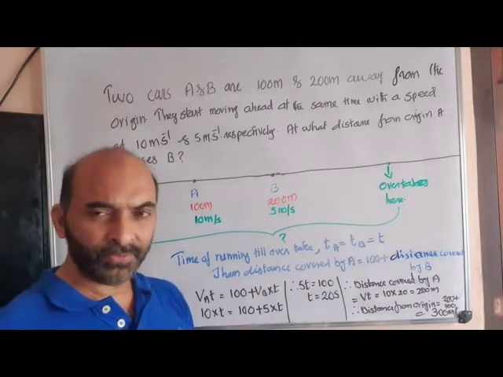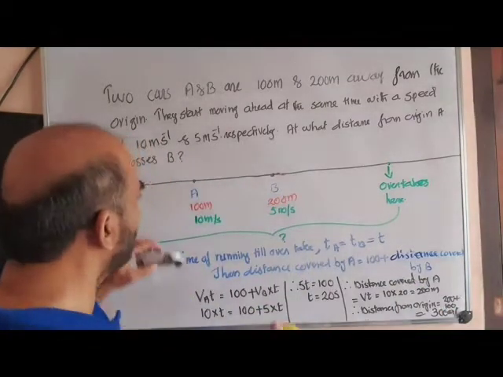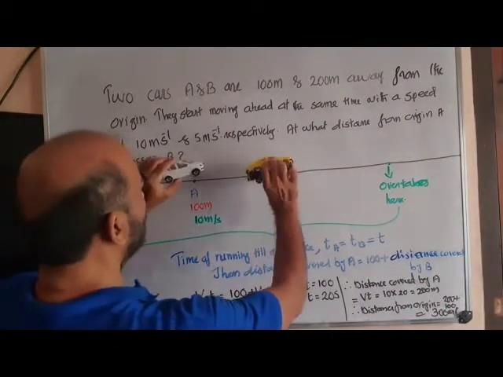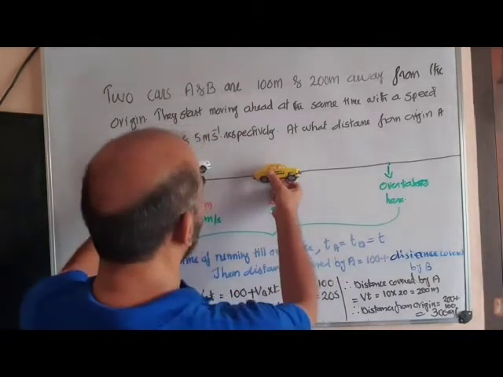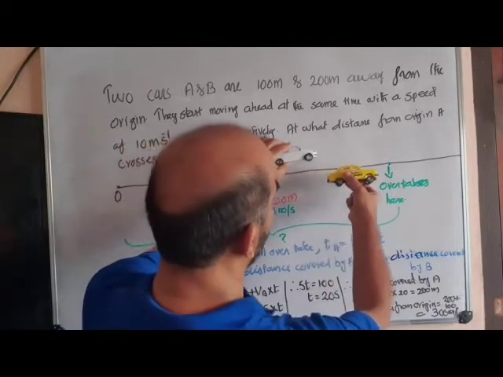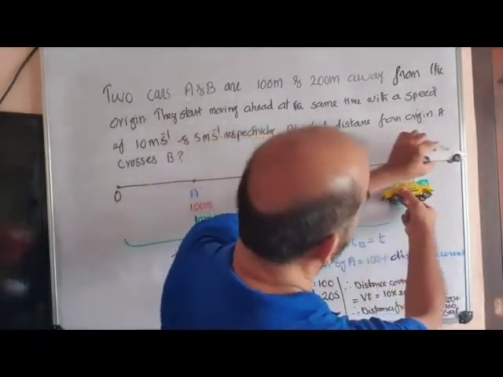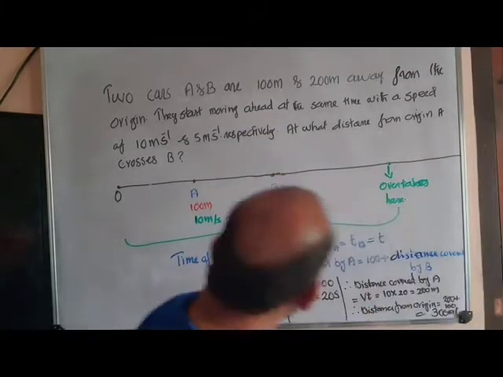See, for the sake of fun, I will show what is really happening here. It is something like this. Two vehicles are moving ahead, starting from this origin, and A is faster than B. So, along with the progress, A can overtake B. That's a simple thing. Now, more explanation.